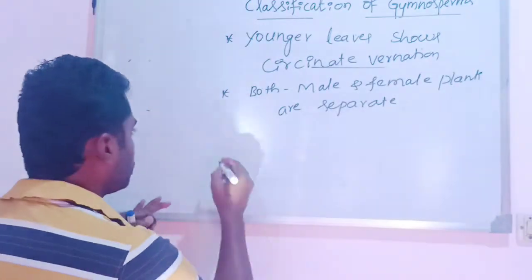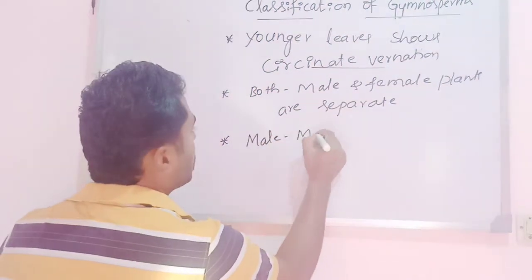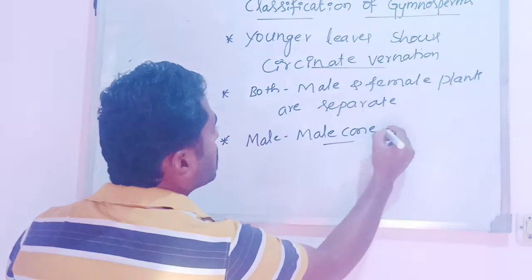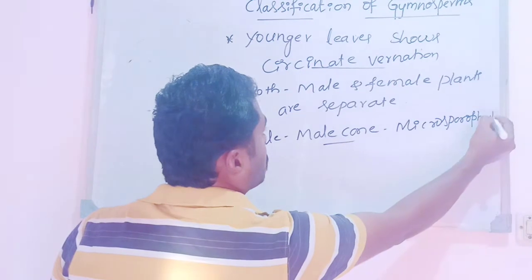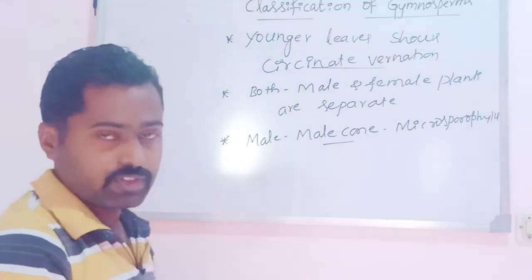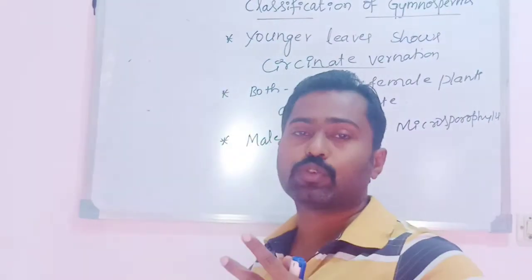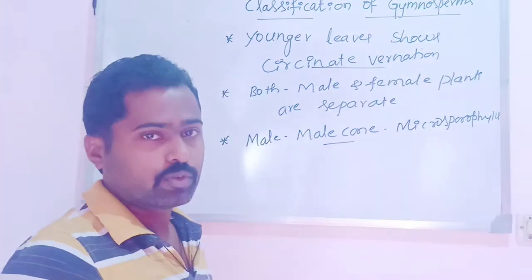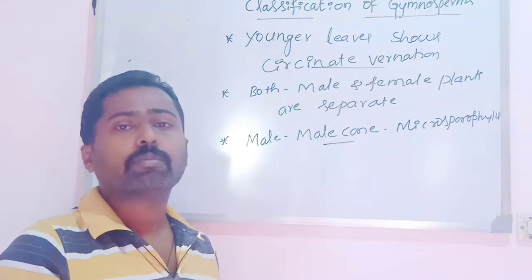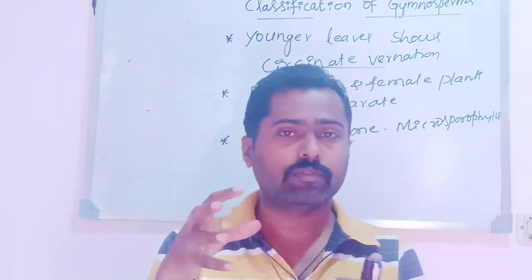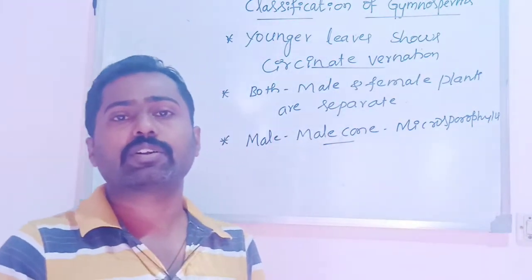The male plant bears the male cone, which is produced by the aggregation of microsporophylls. You remember all these plants are heterosporous. Gymnosperms as well as angiosperms, and some members of the pteridophytes, are heterosporous in nature. They produce two different kinds of spores. The microspores develop within the microsporangia, and microsporangia are borne on microsporophylls. Similarly, the megaspores are produced within the megasporangia, and the megasporangia are borne on a sporophyll, which is called a megasporophyll.